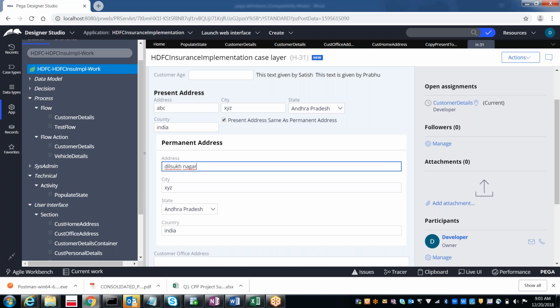Normally when we click on the present address checkbox, this permanent address should populate from present address and be read only. Anyway, data is populating and it should be read only. May I know who is this? Satish. Okay, nice Satish. So Satish, as you said, only on click of the checkbox we have to populate this. Yes.